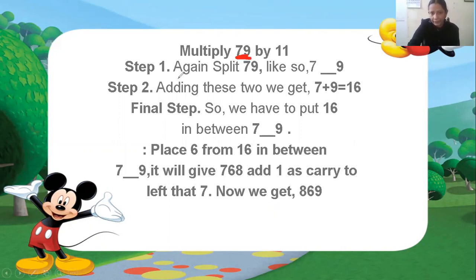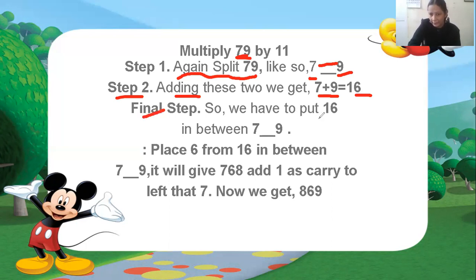Again, what is the next step you have to take here? You have to split. As in the previous question you have done the splitting, again you have to just split 79. So you see here 7 is here, 9 is here, and by splitting you get this slash, so you will put this slash. Now next step you have to do is add the numbers. What are the two numbers here? You can see here 7 and 9 are the two numbers, so when you add 7 plus 9 you will get 16.